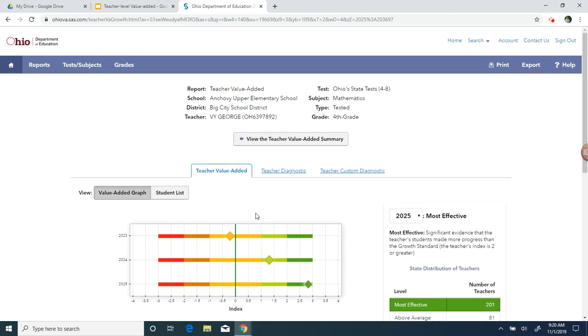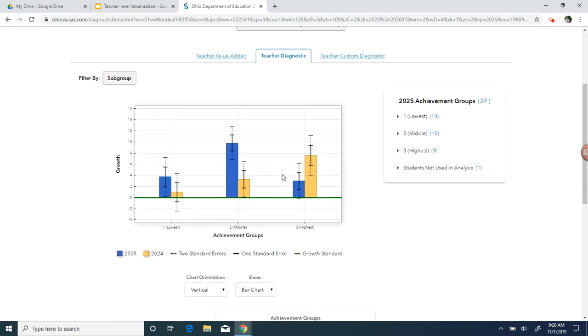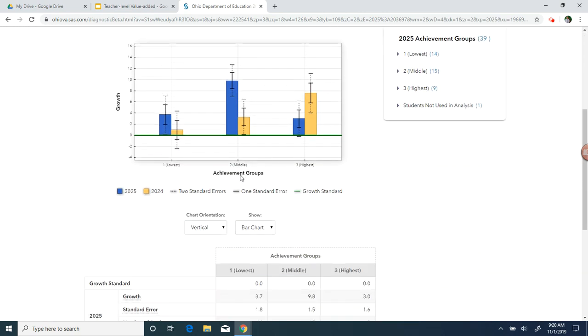subject. Now you'll notice there's a few things you can do here. There's the graph, there's the student list, there's the teacher diagnostic, and so I'm going to click on that. That will show you how the students were grouped based on achievement and how that achievement group compared to the rest of the state. I want to mention on all of these reports that green line represents the growth standard,